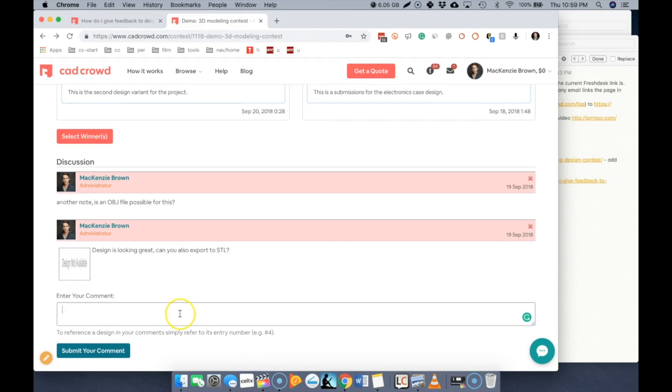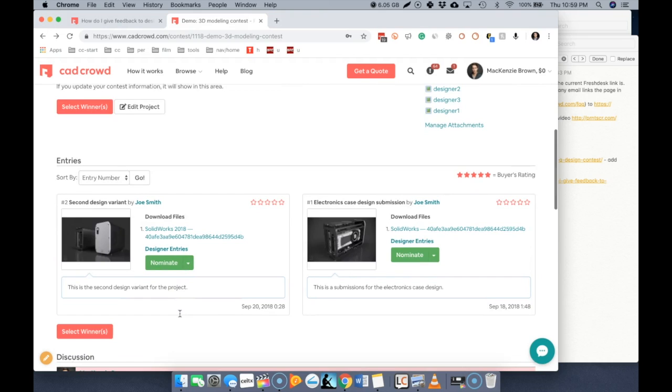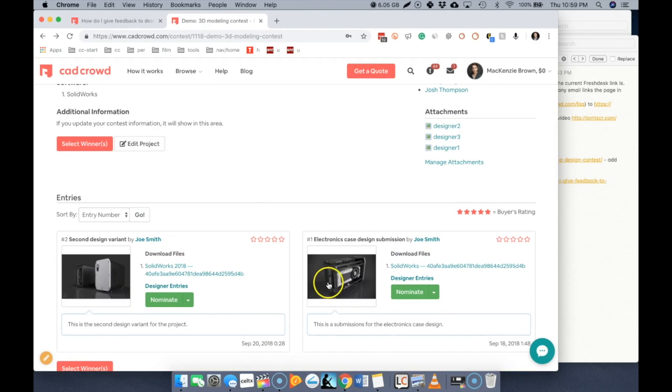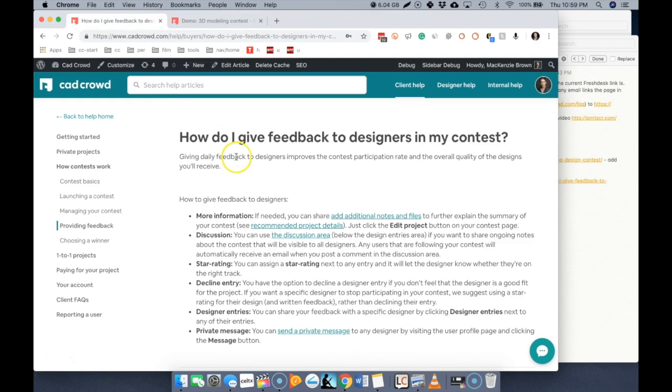So this will send an update to any designer that is currently watching your design contest or that has entered a submission in your design contest. They'll automatically receive an email update saying that you posted a new note on the contest and say what that